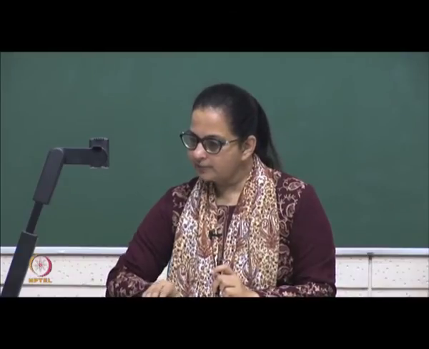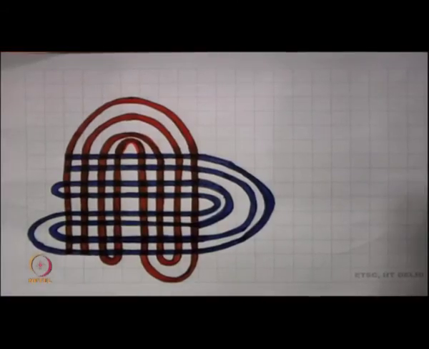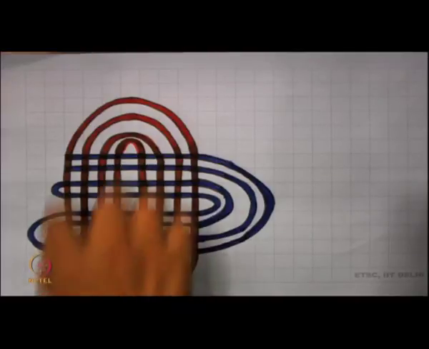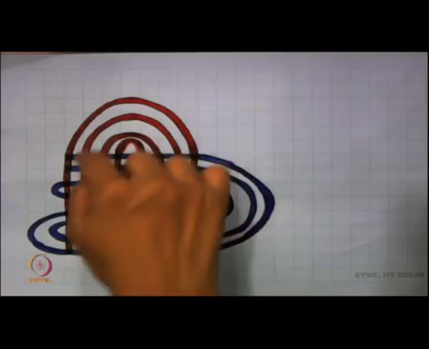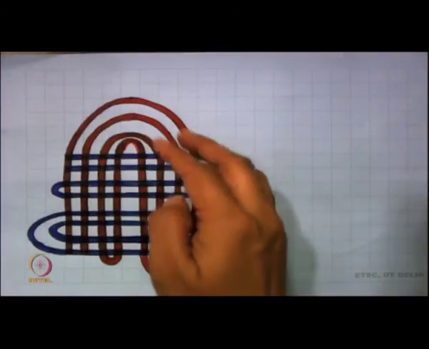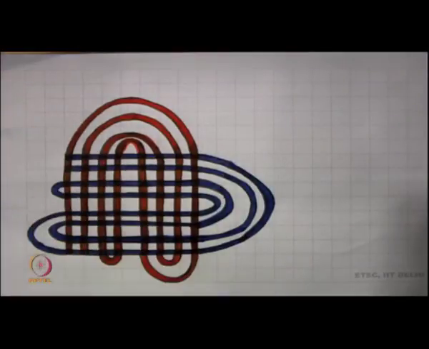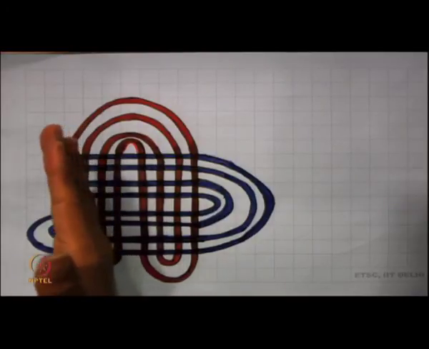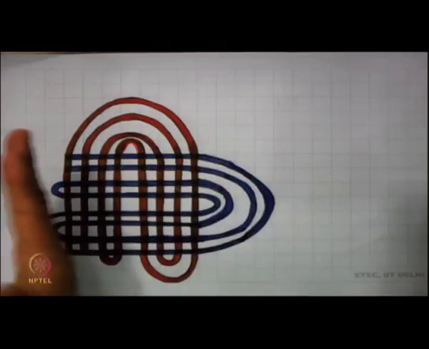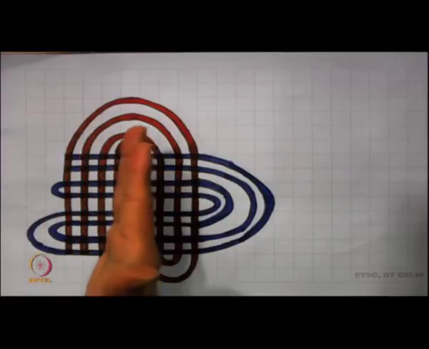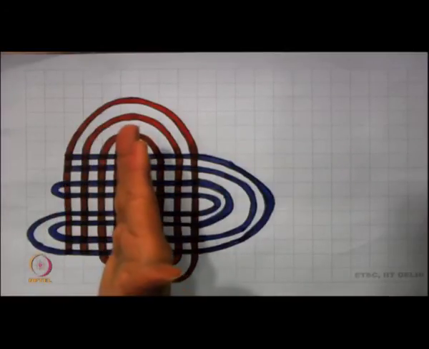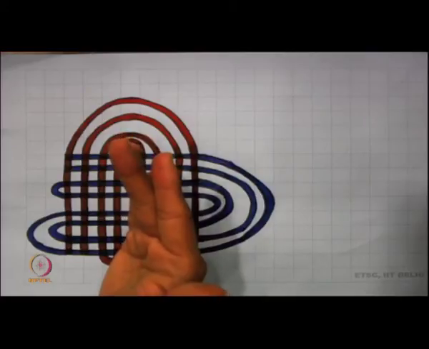So, let us try to see this particular figure. Now, if we look into the forward iterates, the forward iterates basically comprise the red region here. So, you have these vertical rectangles. Each vertical rectangle is associated with a sequence of zeros and ones, and now you can imagine what happens as n tends to infinity. You will get infinitely many vertical lines, and each of these vertical lines is uniquely associated with one infinite sequence of zeros and ones.